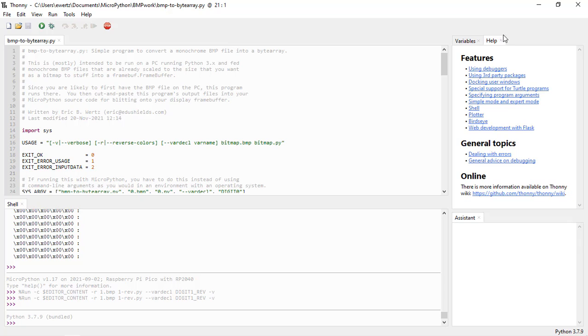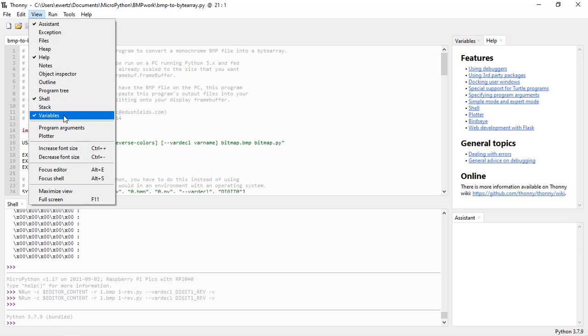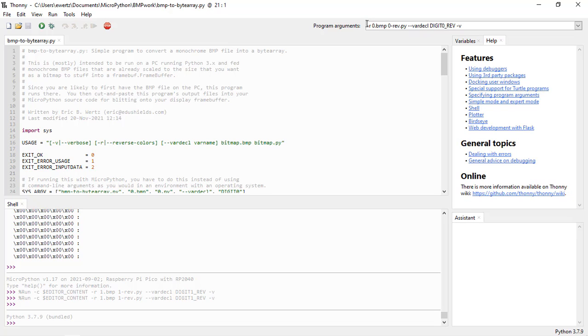What you need to do is turn on this program arguments window. You use this to specify the options passed into the program so it knows which input file to read, which output file to generate, and then the name of the variable you want it to create for easy cutting and pasting into your Python program. So you already saw that in my file system, I have a 0.bmp file, and I want to create an output file called 0-rev.py, and I want to have it call the variable digit0_rev